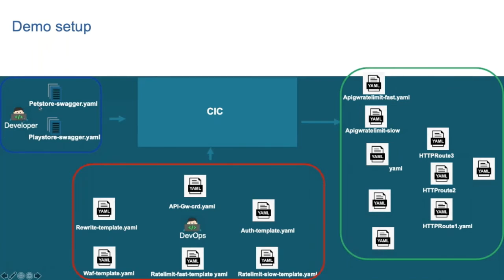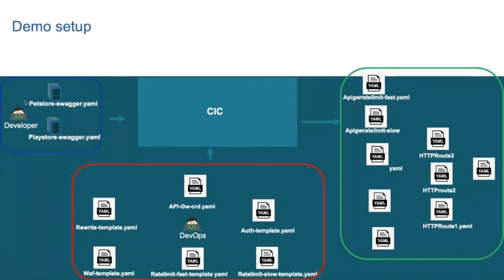He is the owner of 3 microservices. One is a pet service, the other one is a user service, and the third one is a Play Store service. Pet service and the user service are related, probably part of the same product. So he put all the related APIs into this one single YAML, which is the pet store Swagger. It has API details of the user service. It has API details of the pet service.